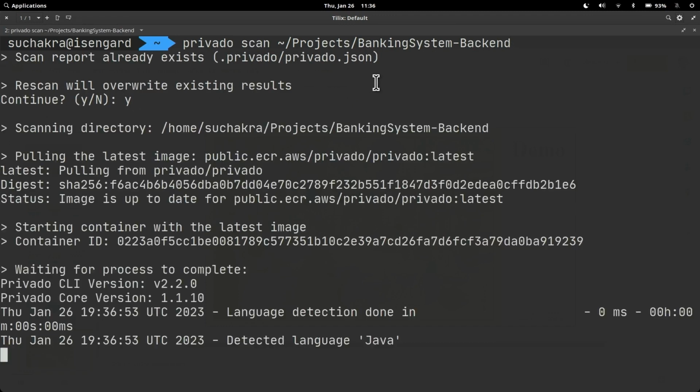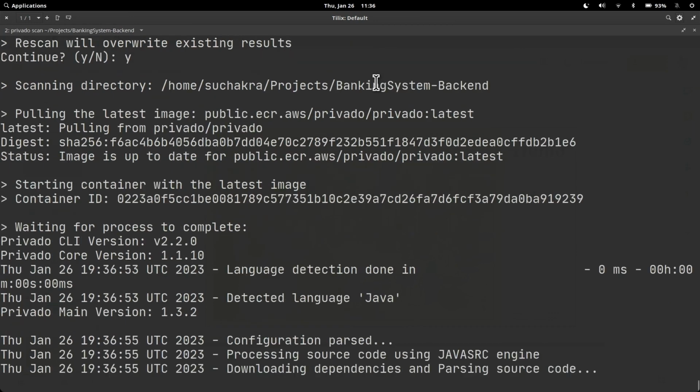So it's using Docker. We have Dockerized much of our static analysis pieces. And it detected the language Java. It's understanding that there are some configurations in it, property files, etc. And then it's downloading some dependencies and starting to parse code. There may be some dependencies, so it's also fetching those. A lot of the stuff that is going on here, you can configure completely. Now this is static analysis, so you can sip a piece of